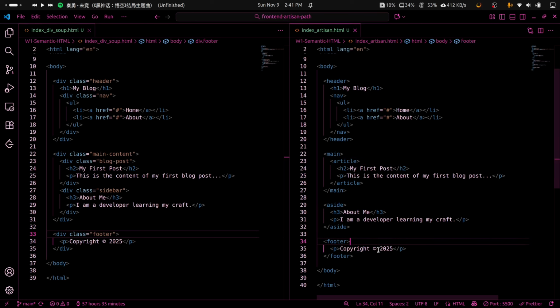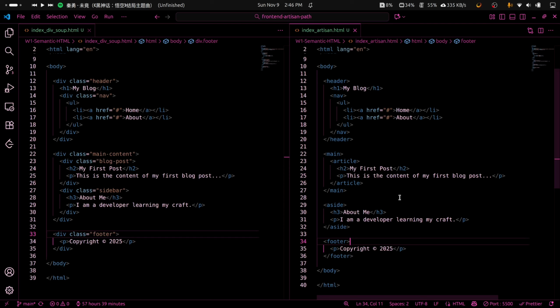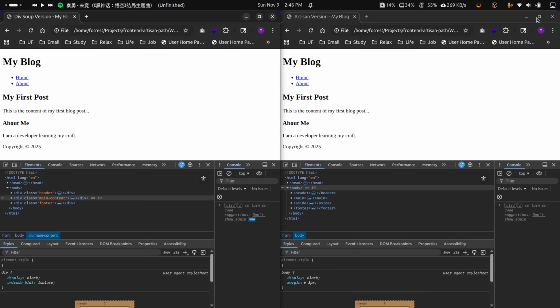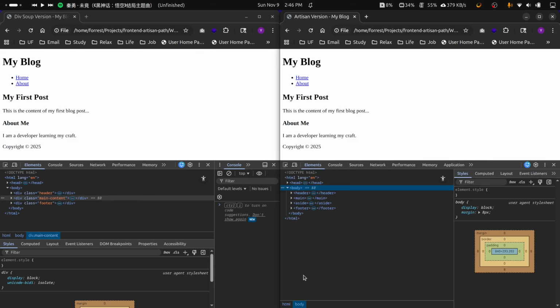Look at that. The code isn't just cleaner, it now has meaning. Great! So we have our artisan code, right? Let's check it in the browser. Wait a second. Oh, it's still ugly, right? The aside part is not aside, and the footer here is not at the foot of the page. Oh, you can see here, right? It's not the foot of the page, but